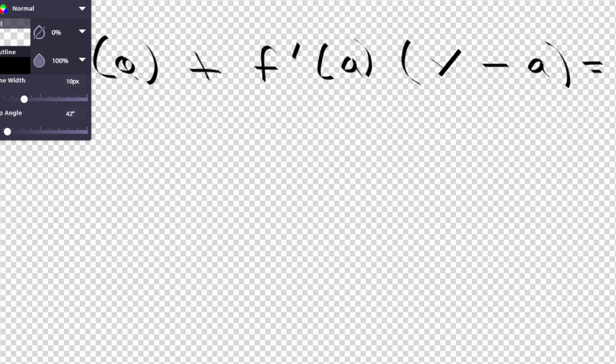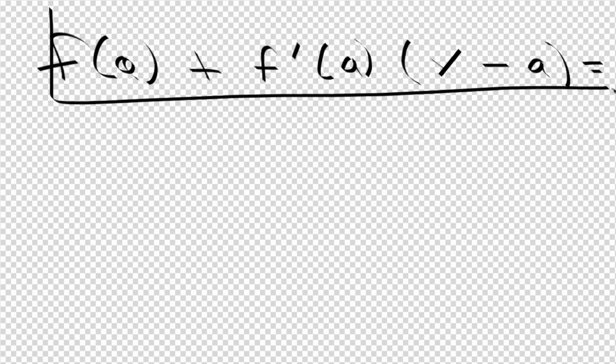Why would you use linearization if you could just plug it into the quadratic formula, or if it's a linear function? I mean, why use linearization at all? So this essentially gives you the blueprint. But let's go over what the variables mean. So a would be your anchor point,